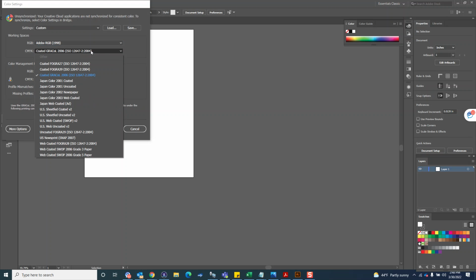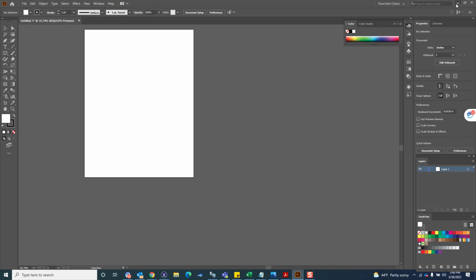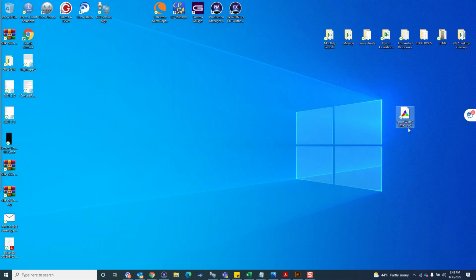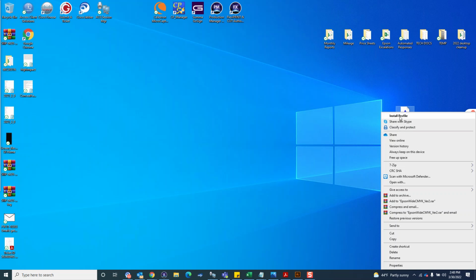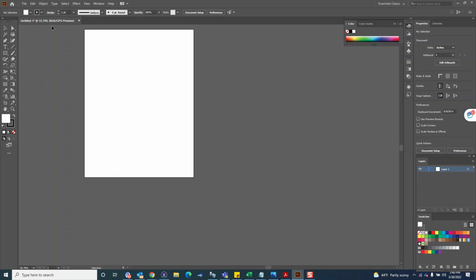You can also, I'll give you a profile for CMYK, it's called the Epson wide gamut profile. You can add that, I'll show you how to add that. So basically, if you get this Epson wide gamut profile, in Windows you just right click and do install profile. I think it's about the same on a Mac as well, but you may have to look a little bit into that one. So you install the profile and then you should be able to come in here,